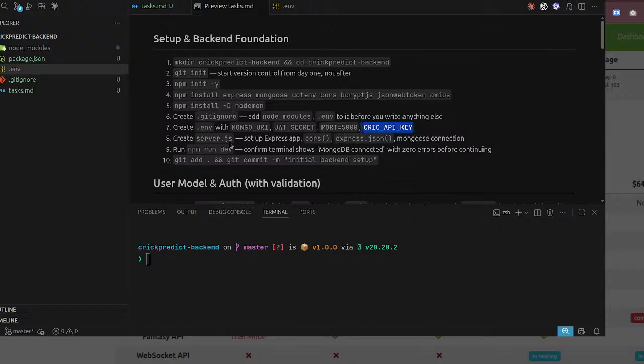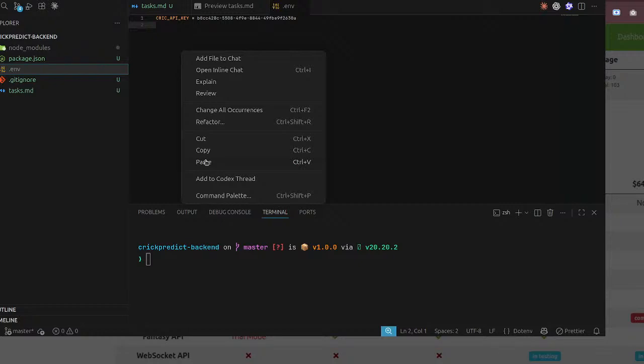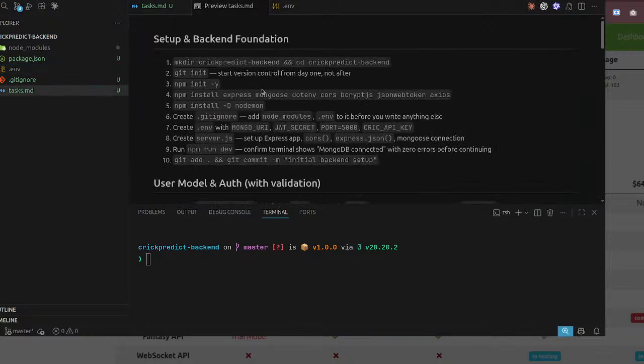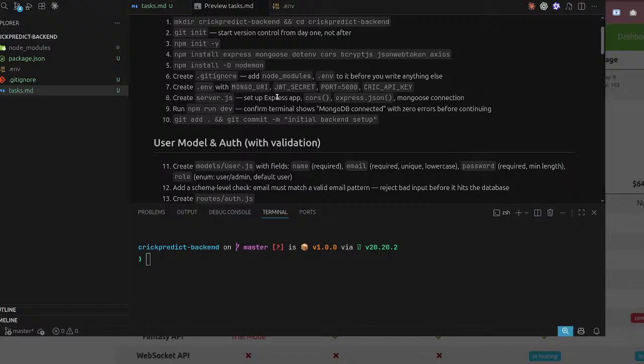Let's move on to the Mongo URI. I think it's pretty much good. Port 5000, let's add this as well. I don't know how to use it, but yeah, if you are doing that, why not do that? JWT secret. I don't know why we need it, but I think it's still good to have. Mongo URI, I think it's pretty much good.